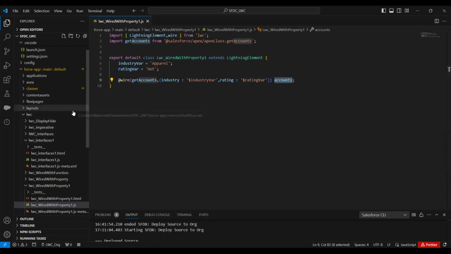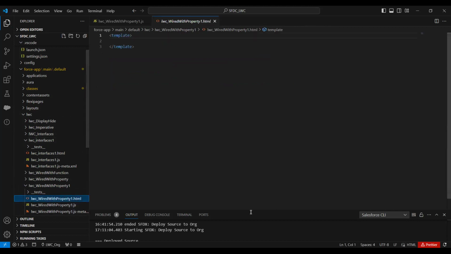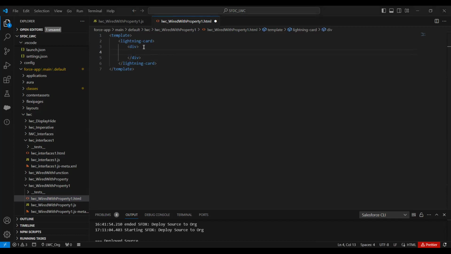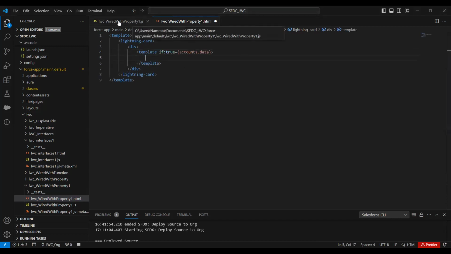Now, let's suppose we got that result. Now I want to display it, right? So how will I display it? Now, let's see how to use for each over here. So first, what I'll do is I'll create a lightning card, and within that, we have our div, and within that, what we'll do is we'll say if,